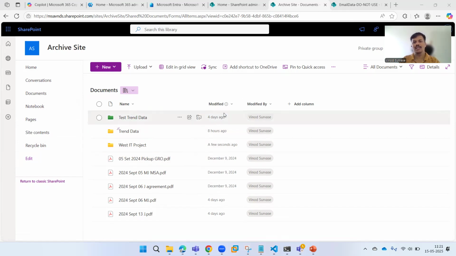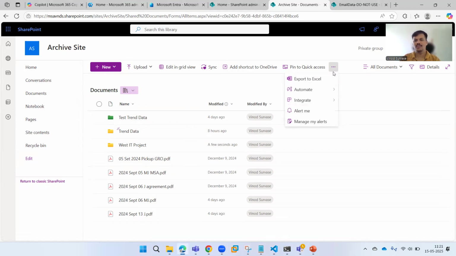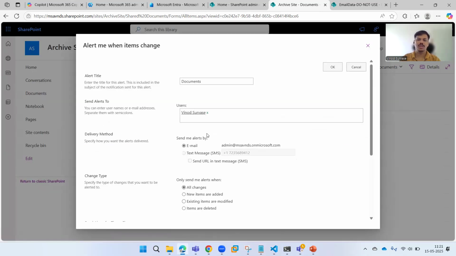Now we want to set alerts. So I, as an owner, want to set an alert for this site. Whatever changes happen, those changes should notify over email, and that is why we want to get notifications. Let's go ahead, and here's the option, Alert me. Once you click on this, it's going to open a dialog box